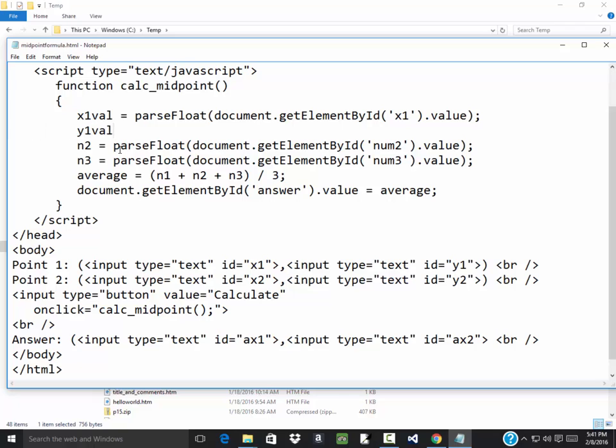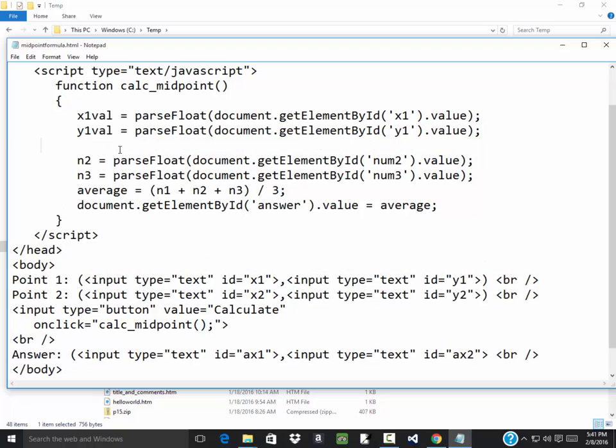Y1 val equals parse float document dot get element by ID y1 dot value. Now these spaces I'm putting in here are optional. If you make it pleasing to the eye, you're going to find it easier to look at your code, figure out what's wrong with it. And this will be x2